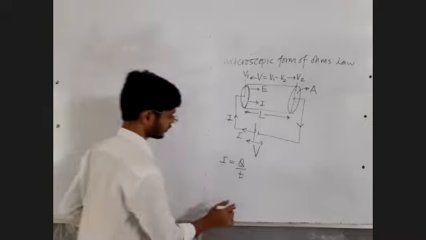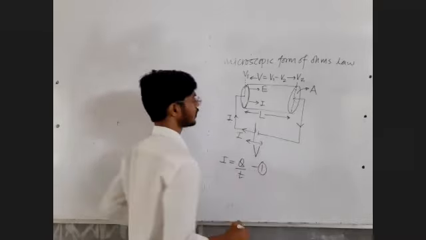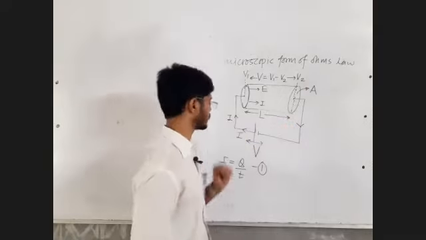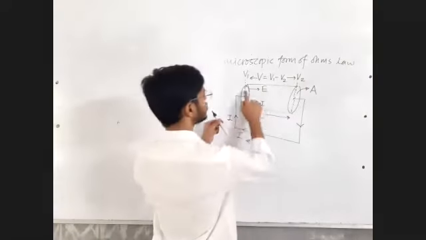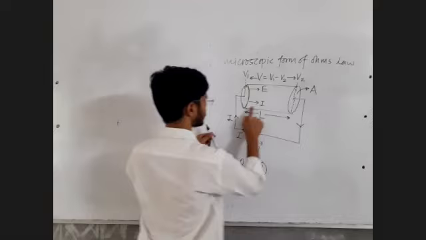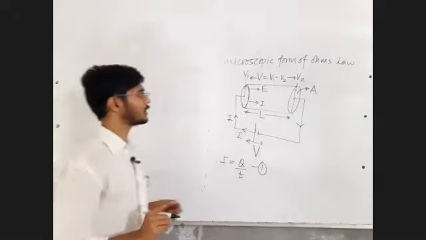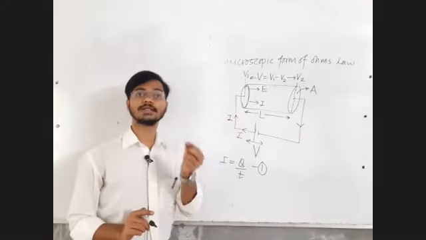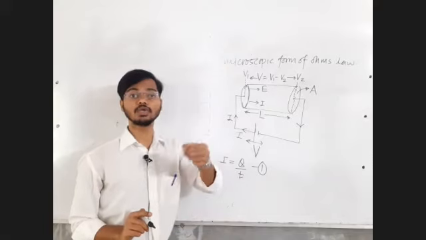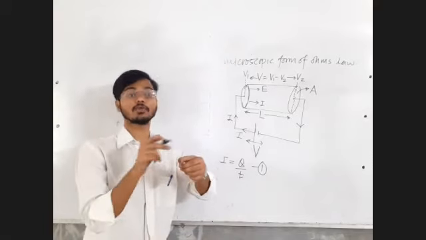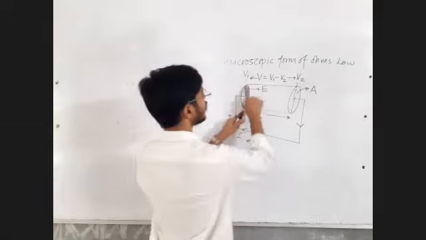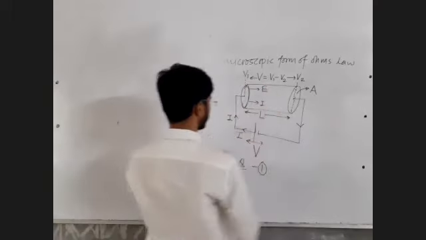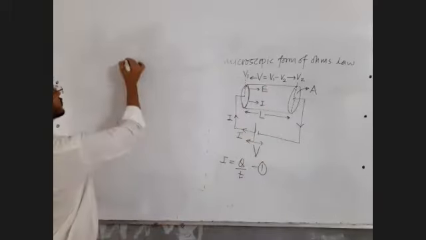Okay, now this is my first equation. Charge crossing this cross section is going to be this entire charge in the conductor. So for that I need a quantity called the number of electrons per unit volume. If I know the number of electrons per unit volume, I can know the total number of electrons in this volume. Fine. Just keep on writing.